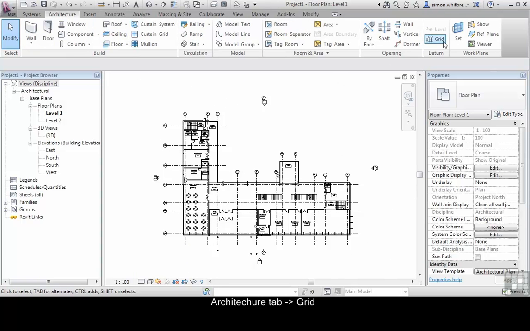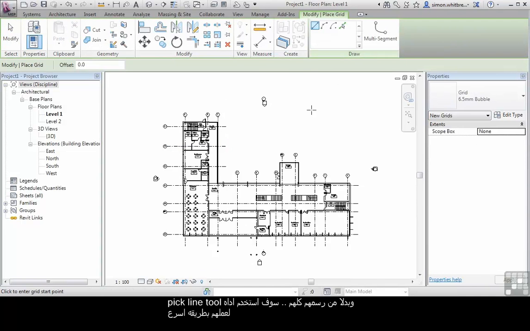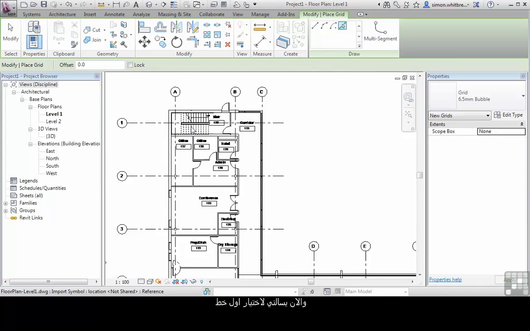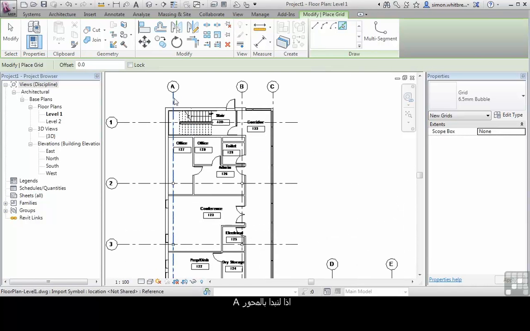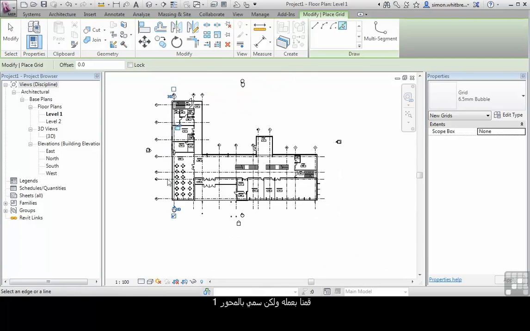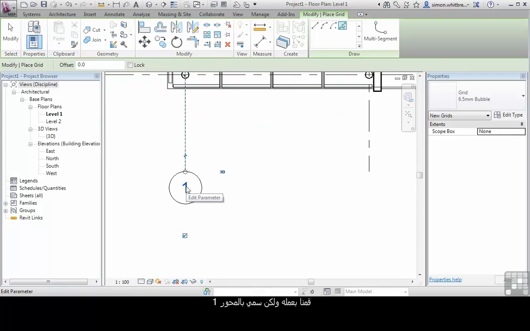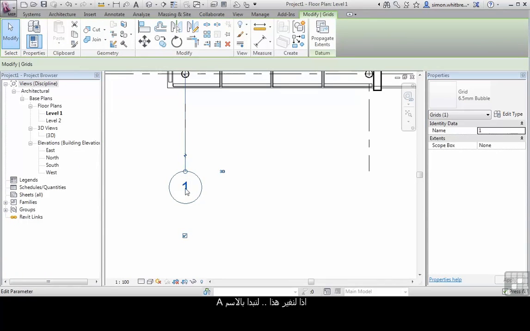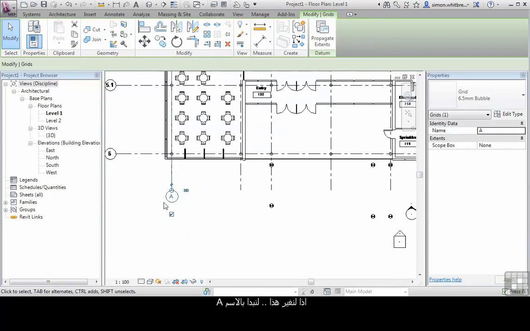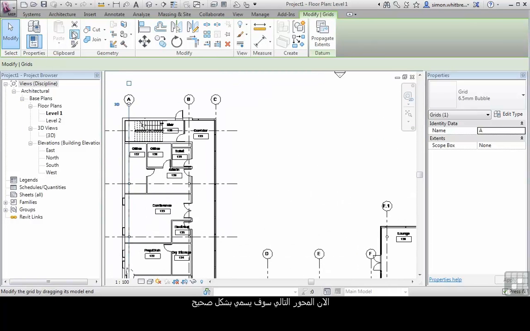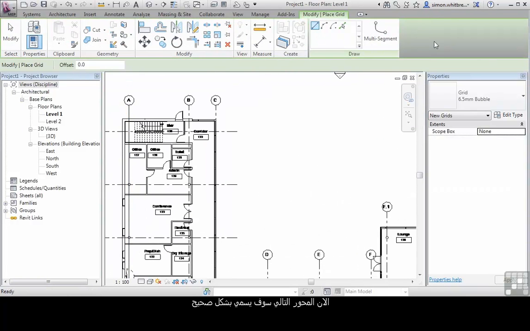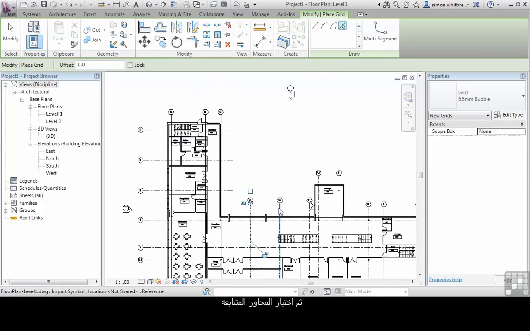From the Architects tab, click on Building Grid. And rather than drawing them all, I'm going to use the Pick Line tool. It now asks me to select an edge. So let's start with Grid A. We've created Grid A, but this one's called Grid 1. I know that I don't want to change every single one, so let's change this to start with to Grid A. Now the subsequent grids that I create will be numbered correctly. I'm going to go back to the Pick Line option and pick the subsequent grid lines